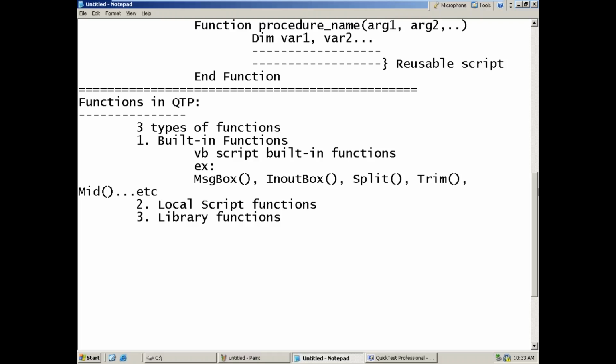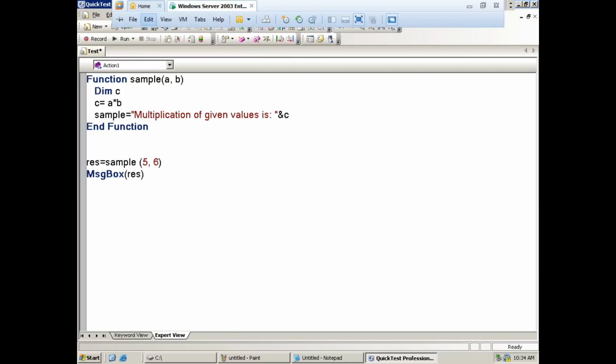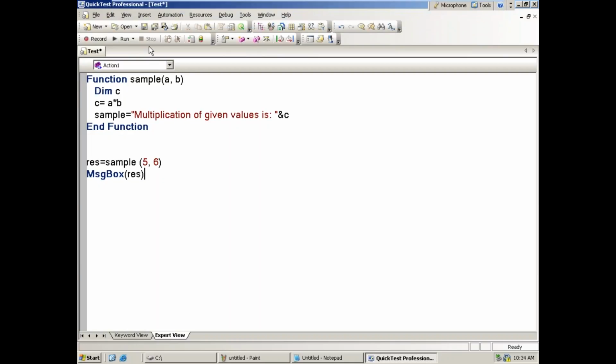Local script functions means these functions we can call within the action in which we created them. The scope of local script functions is only one action, where you created it. Let us see, this is the function I created, sample. Now this one I want to call in another action within the test.